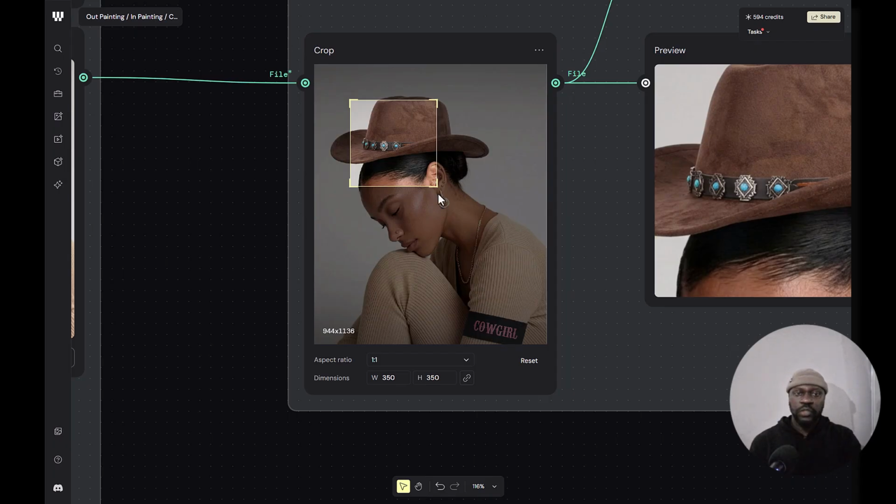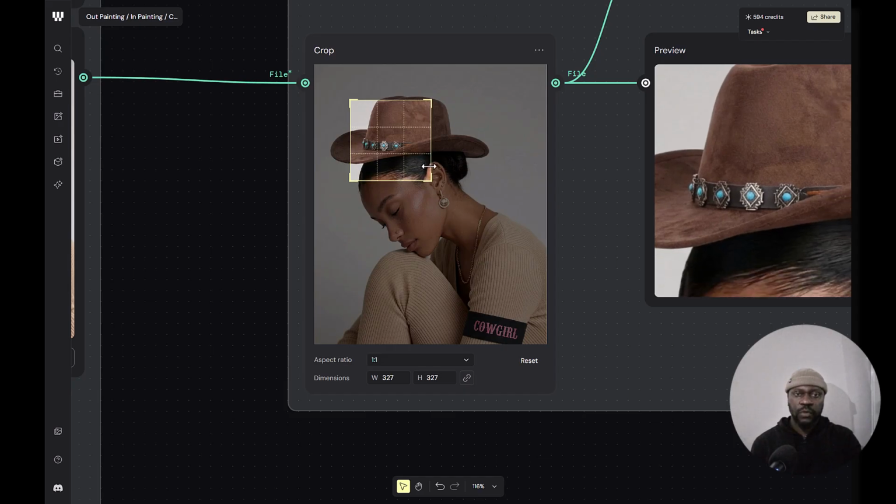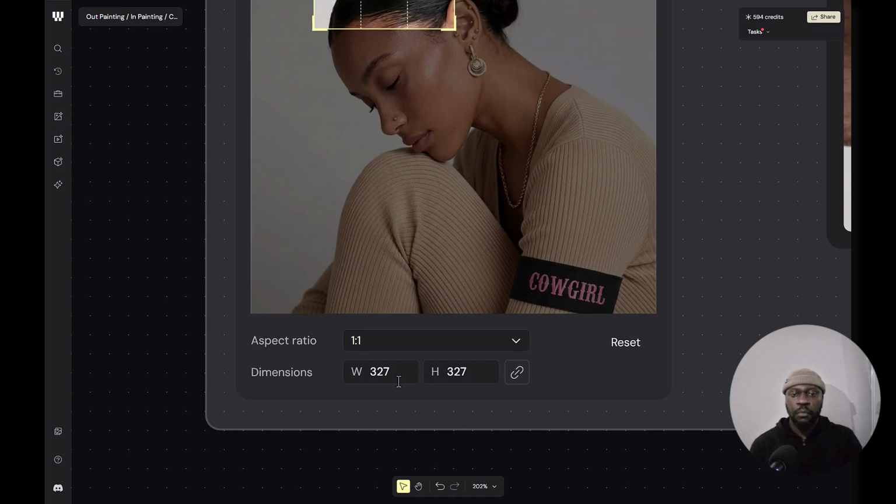Just be aware that when you're cropping, you can see the dimension changes, so you will end up having a really low resolution image, which you can upscale if you want to, but it is always good to start off with a really high resolution image and then crop into it. So this will be quite tricky to upscale. I mean, you can probably get some really good detail, but just remember that it is really low